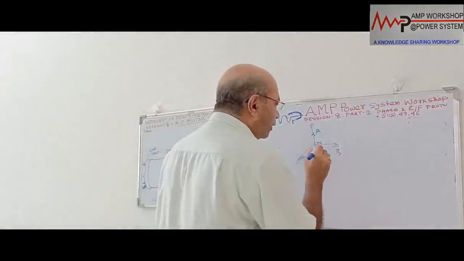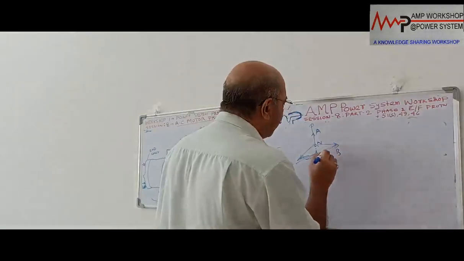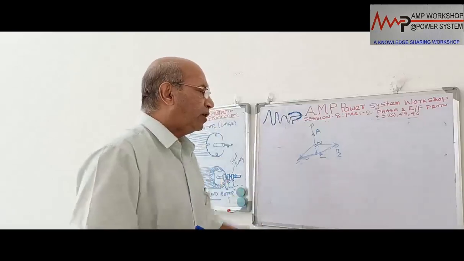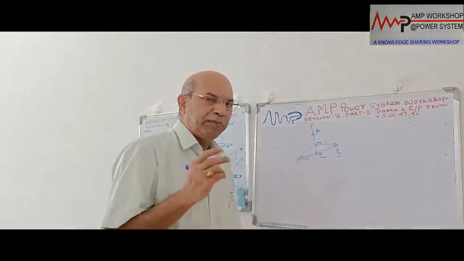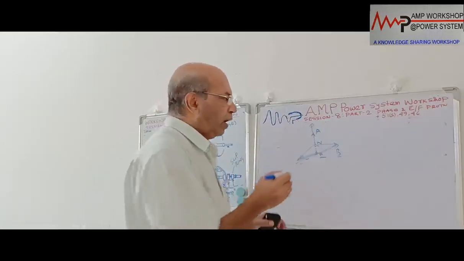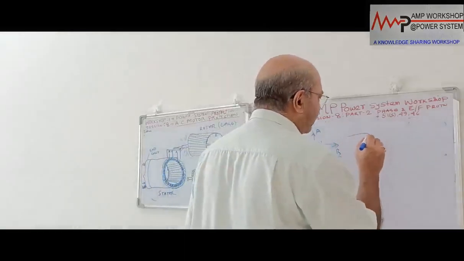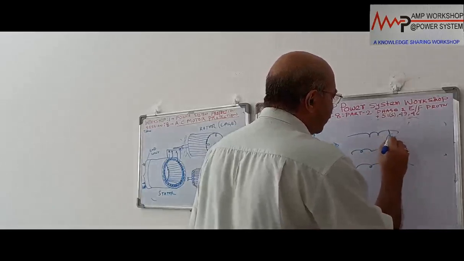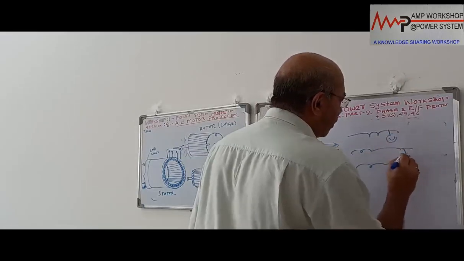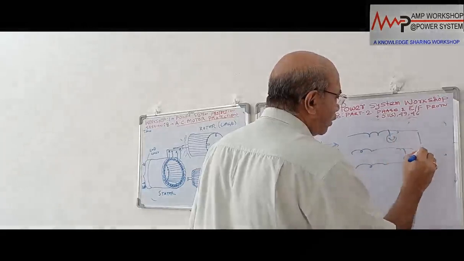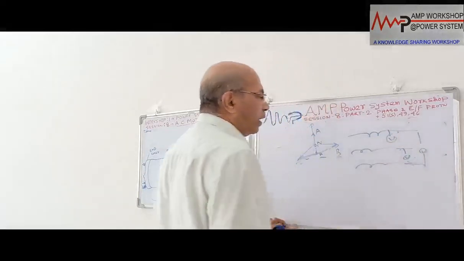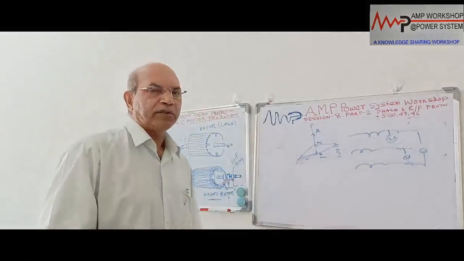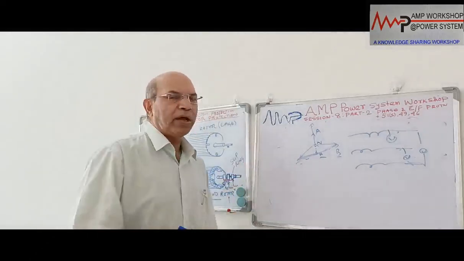Due to this high voltage, we can measure this voltage, and by measuring it, with this high voltage on B phase and C phase, we can give a protection. If we provide a voltage relay across the phases, we put an overvoltage relay. Suppose this is the overvoltage relay, between this there is an overvoltage relay, and between these also there is an overvoltage relay. By measuring with this overvoltage relay, we can protect the motor in the case of an unearthed system. That is possible. That is one of the ways we can protect the motor.